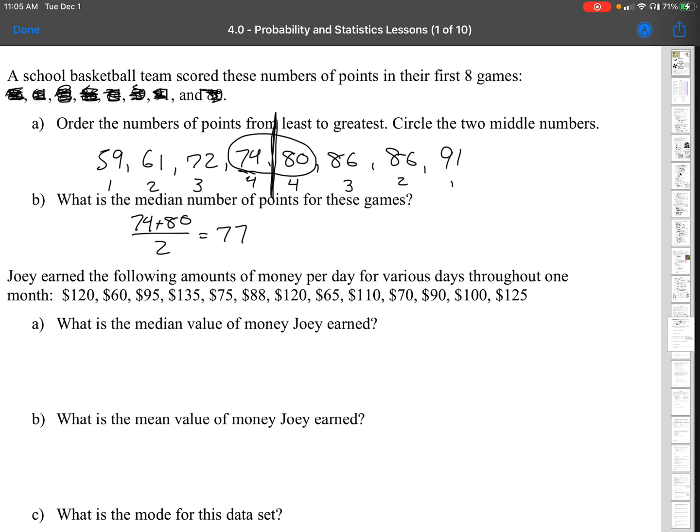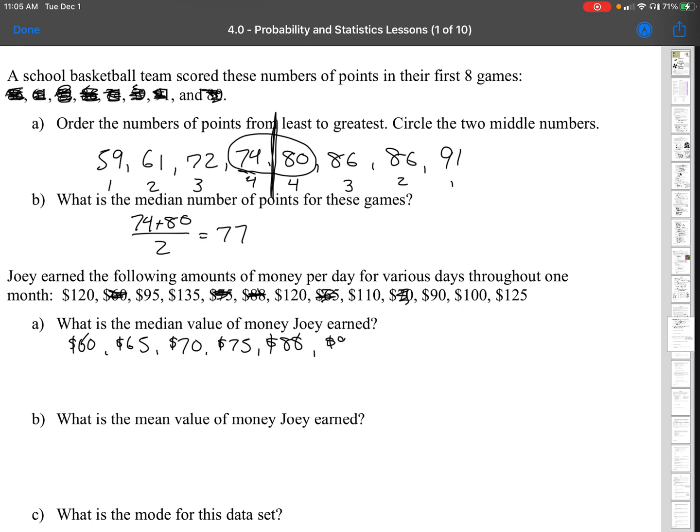Okay, next, Joey earns a whole bunch of money for various days throughout the month. We want to figure out what the median value of money earned by Joey is. Okay, so same thing. If it says median, take that list, make it from smallest to biggest. Okay, so the first number is $60, then 65, and then 70, and then 75, then 88,